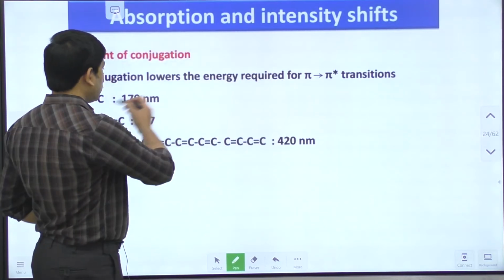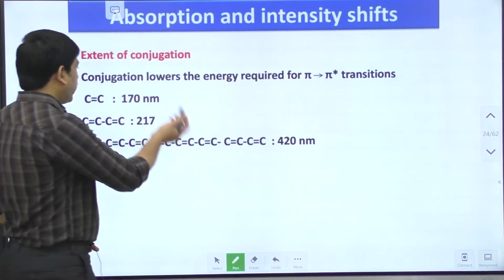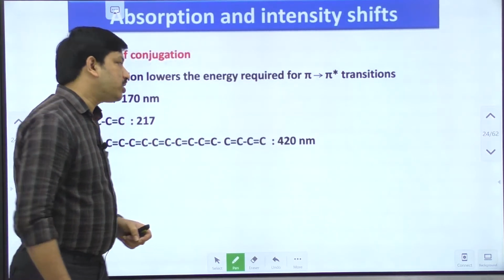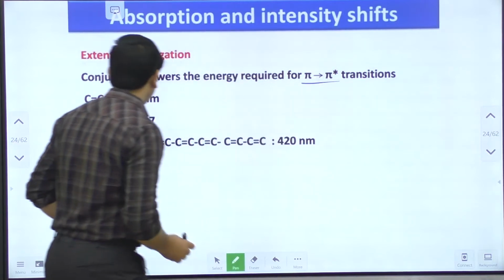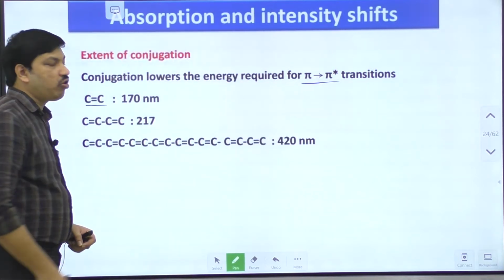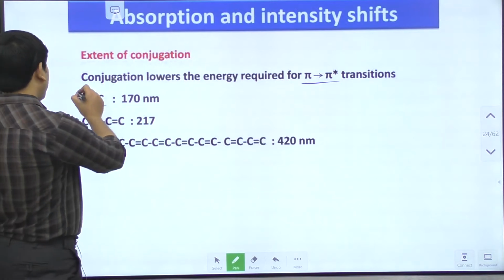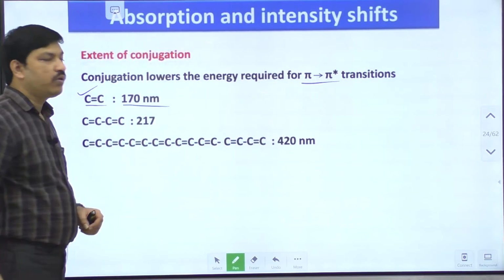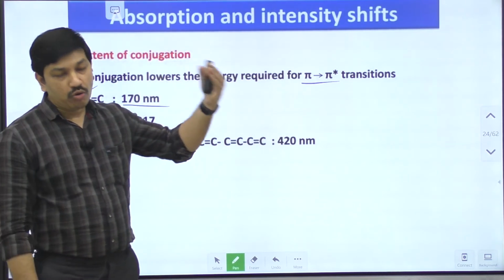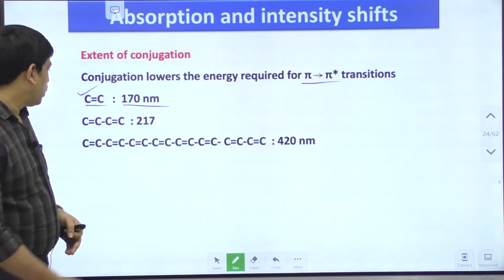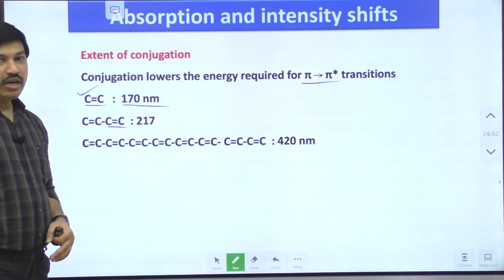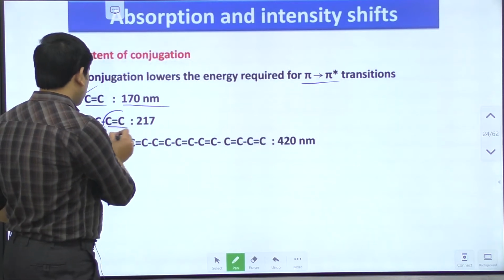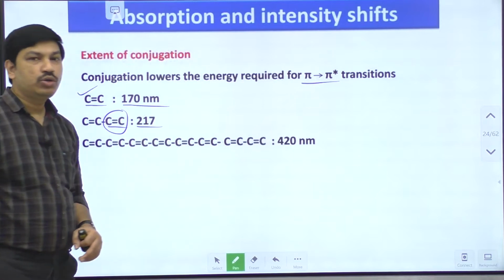So like this, we have also seen some other conjugated systems. In a conjugated system, the absorption peak is mainly because of the pi to pi star transition. For example, in this case we have a C double bond C group. If you have an isolated or free C double bond C group, generally it absorbs in the region of 170 nanometers, that means lower wavelength side, that means higher energy transition. Whereas if you add one more C double bond C group like this, due to the presence of the additional double bond, it absorbs around 270 nanometers.